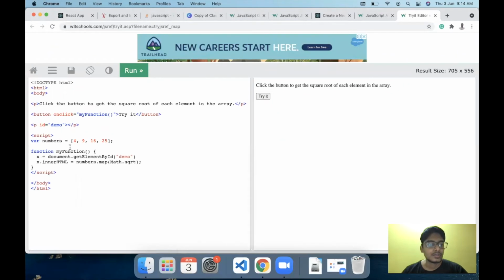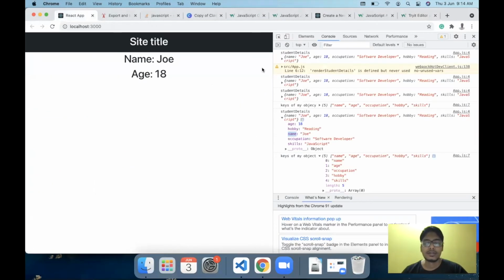If I use the map method like this, I will get access to each individual element like 4, 9, 16, and 21. And I can do square root or square or anything like that on those individual values. In our app, we have an array like this, which has the keys, basically an array of keys of the object.